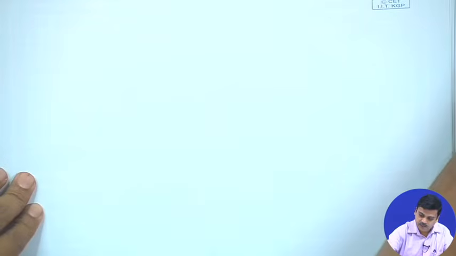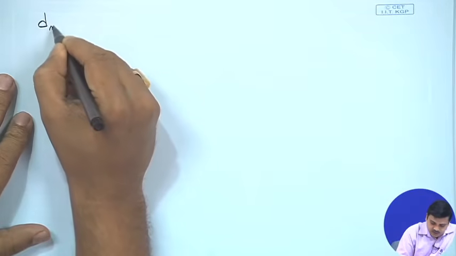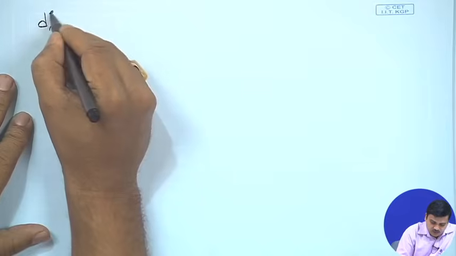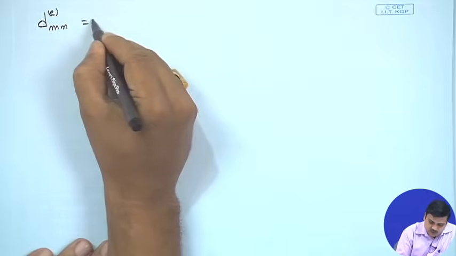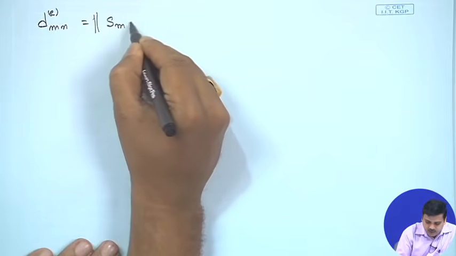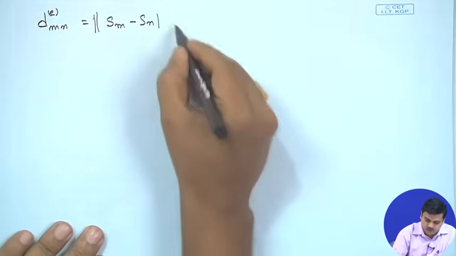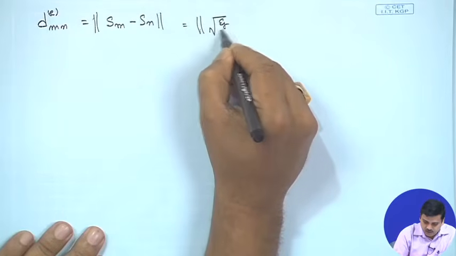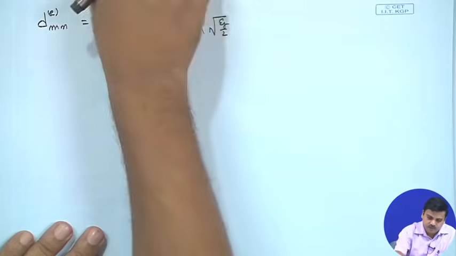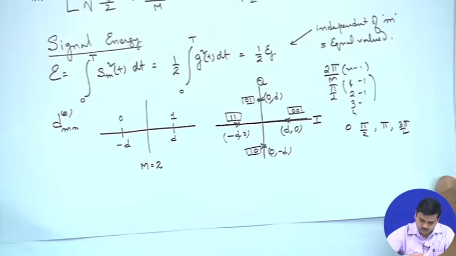The next important thing we are supposed to discuss, as we did in PAM, is the Euclidean distance between two signal points, that means the two phases. If s_m and s_n are the signals, this would be the norm of s_m minus s_n. If you do this, you could calculate this as root over Eg by 2, because this is common in both of them. So, keep it here